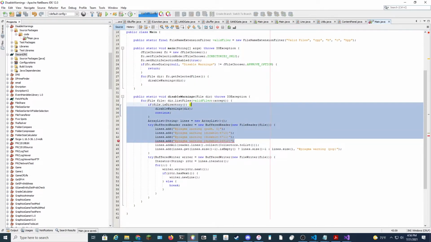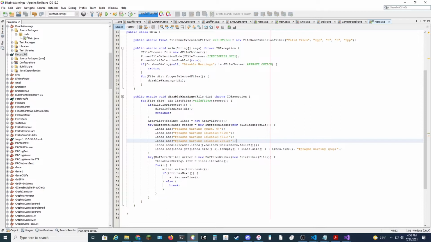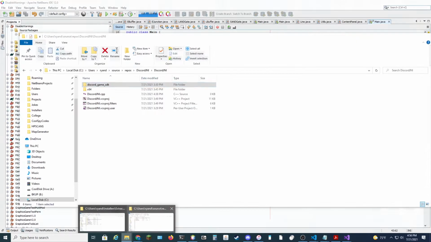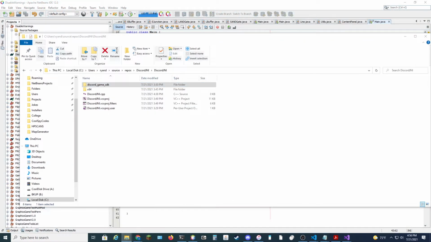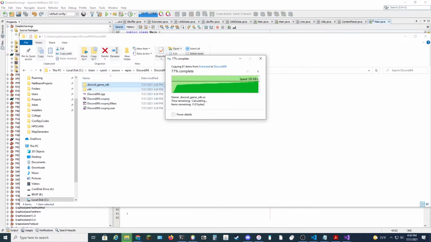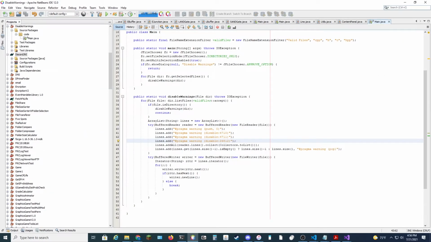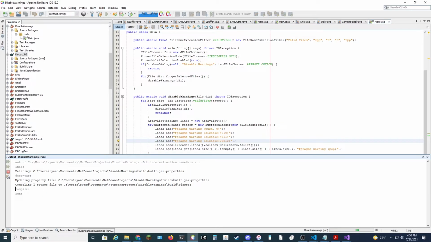So I have no idea what's up with these specific codes, but unless I find another way to disable them, then I guess this is the way we're going to do it. And while we're at it, I'm going to go and reset all these files so that this one doesn't end up adding 50,000 pragma warning pushes to the file. So if we just run that,